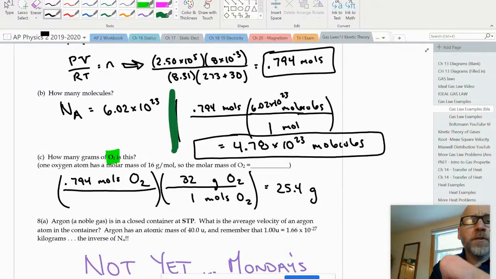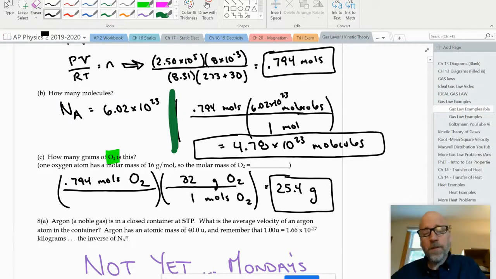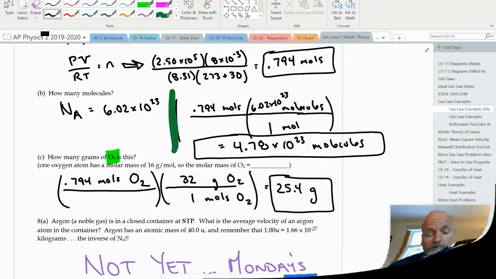Now, for some of you, this was review from chemistry. For some of you, this was relearning it from chemistry. For some of you, you don't remember it at all. I would say gas laws are kind of like an intermediate step for us in order to solve these really interesting thermodynamic problems down the road. So I took the time today to go over the ideal gas law, practice with a little bit of chemistry,